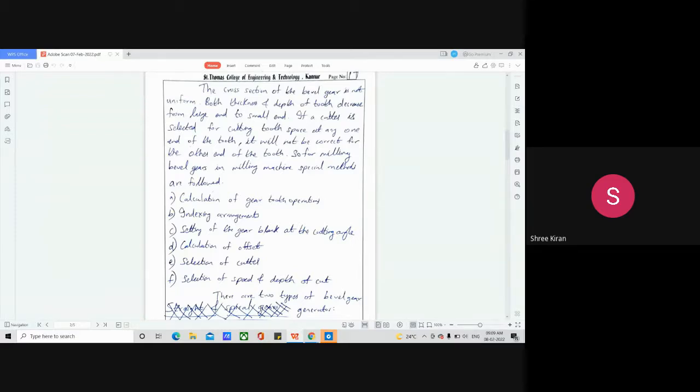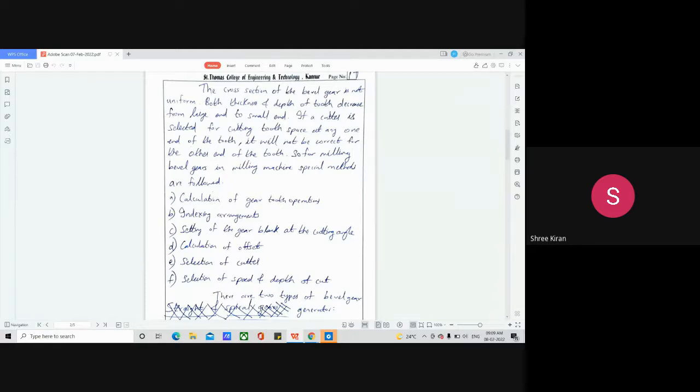Always we have a gear blank which is held in the dividing head spindle with the help of a mandrel. Simple indexing and direct indexing methods are used. I hope you remember what we mean by simple indexing and direct indexing methods. In the case of indexing arrangements, the gear blank is always held in the dividing head spindle with the help of a mandrel.